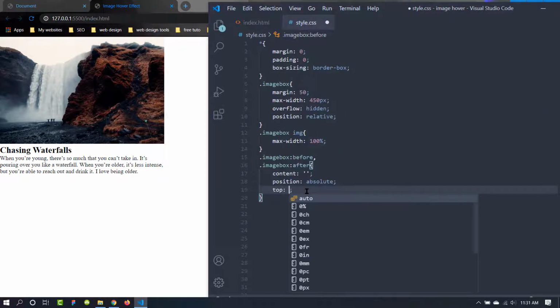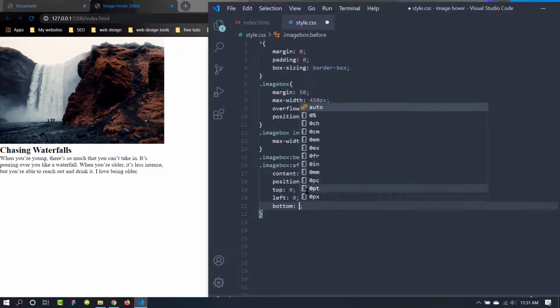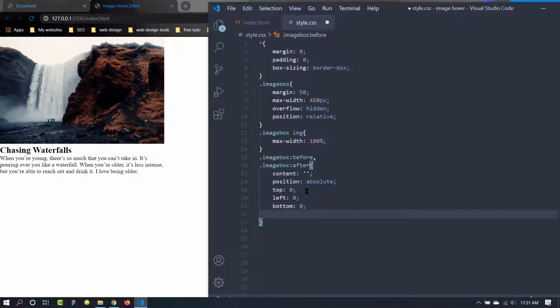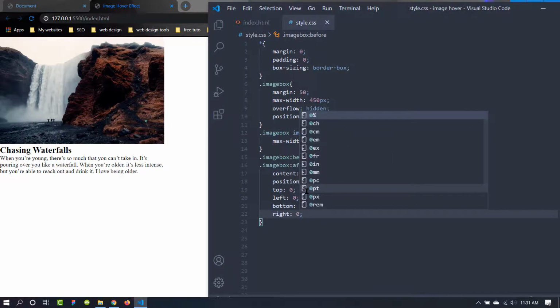From the top it will be 0, from left 0, and bottom also 0, and from right it will be 0. Now it has an absolute positioning.